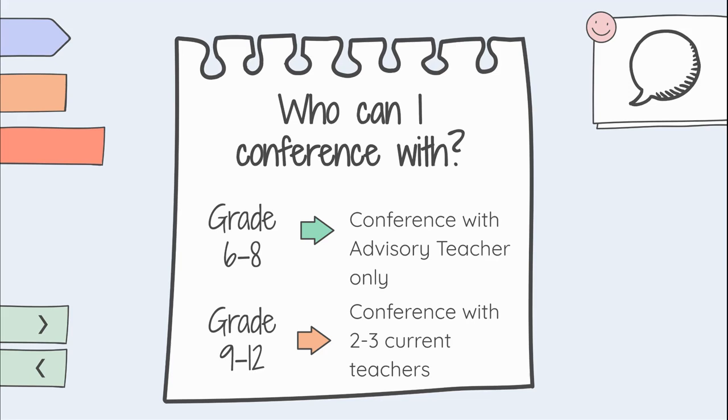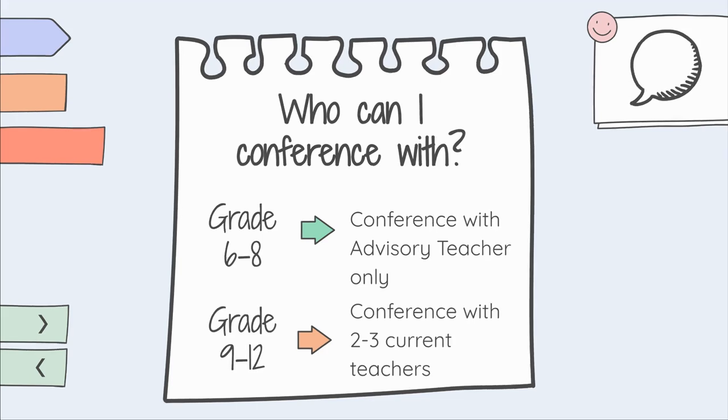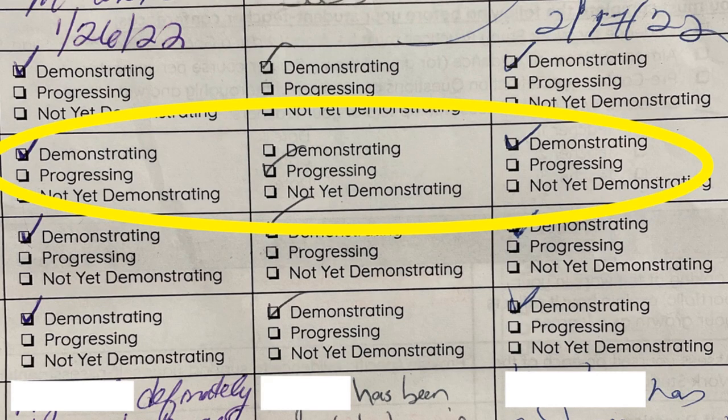If you complete 2 conferences and they're both in agreement that you are demonstrating or progressing the skills, you are all done. However, if there's any discrepancy in any of the 4 WSP skills between Conference 1 and Conference 2, you will need to schedule a 3rd conference to break the tie.